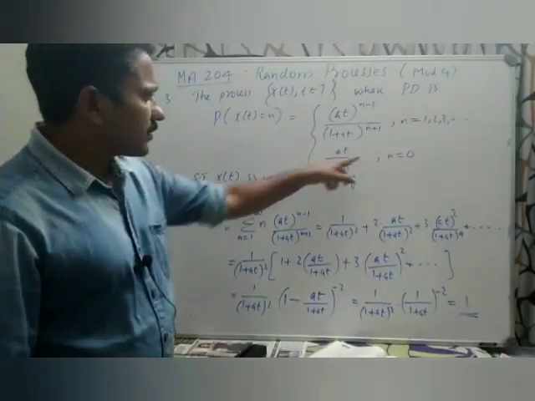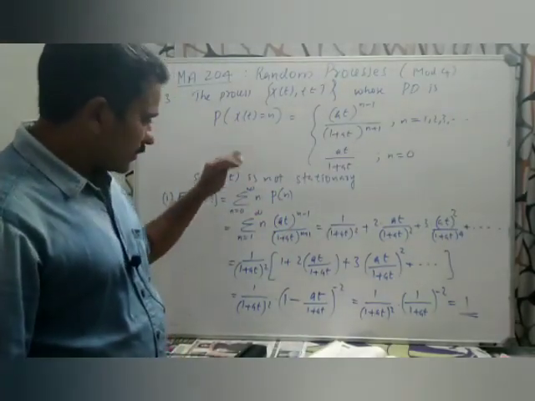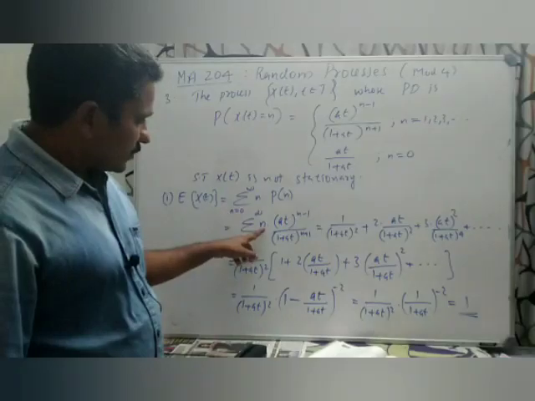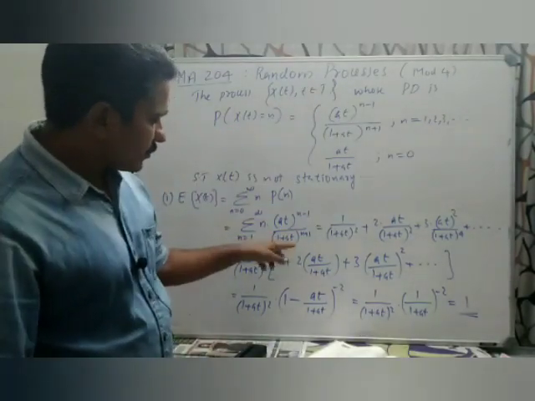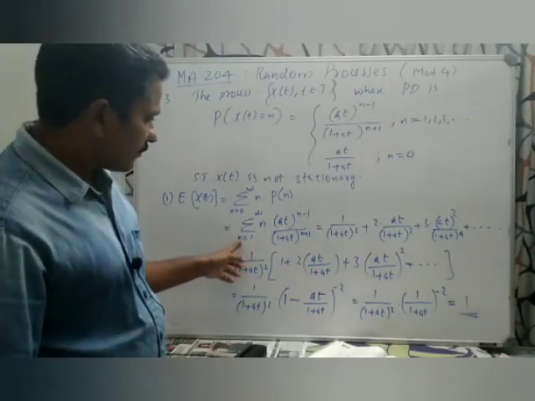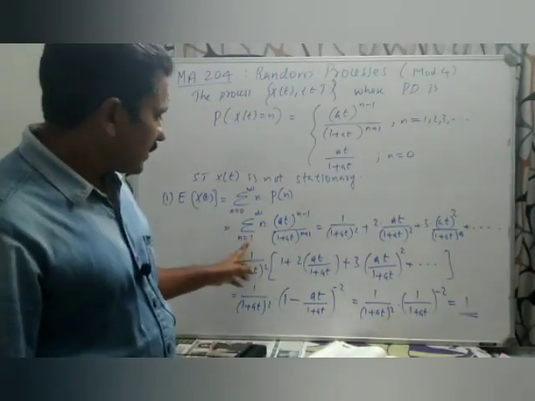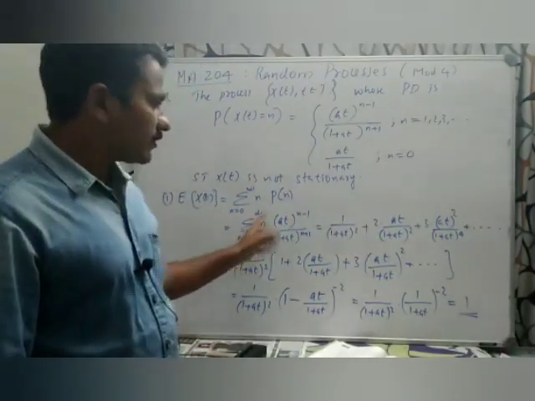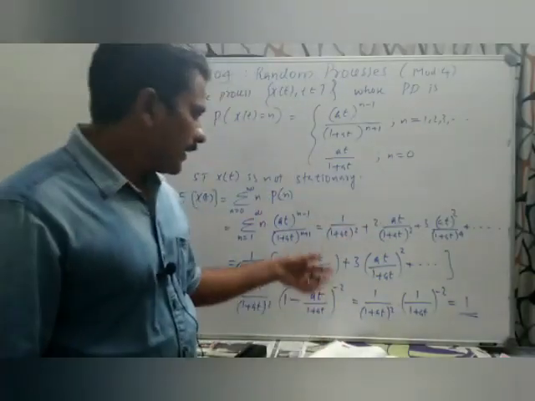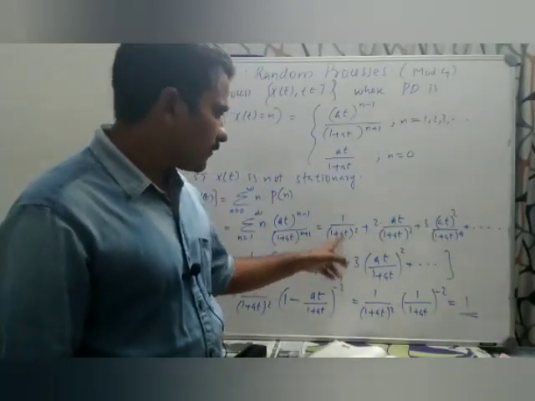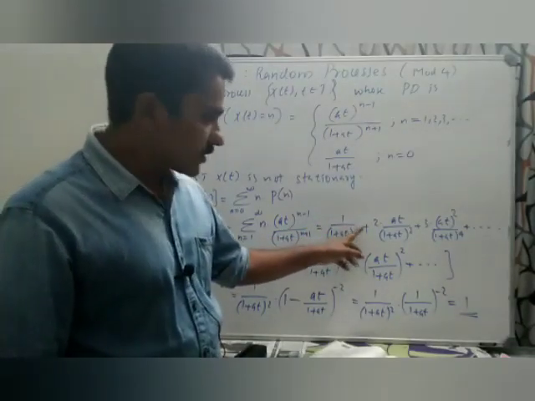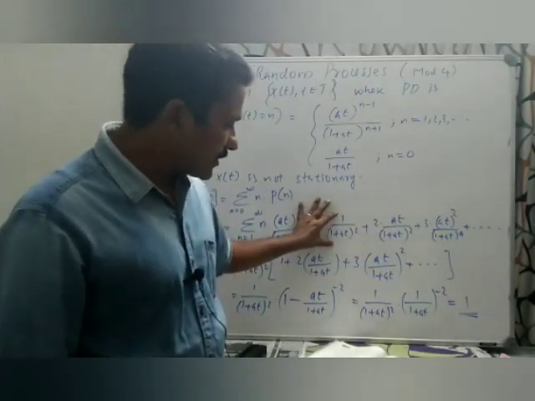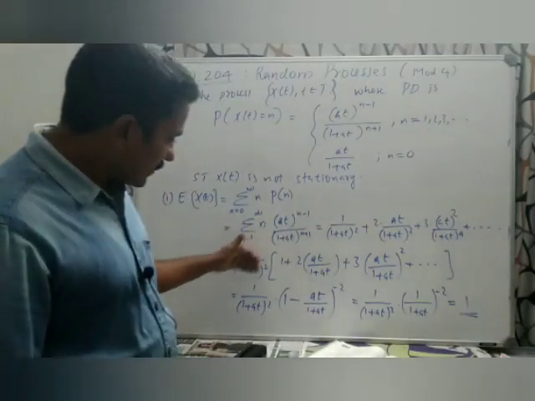When n equal to 0, this one will be 0, we don't need to consider that. Okay, so n times (at)^(n-1) by (1+at)^(n+1). Substitute the values of n. When n is equal to 1, you will get this. N equal to 2, you will get this. N equal to 3, you will get this. And from all these terms, it can be seen that 1 by (1+at) the whole square is common. Take that out,